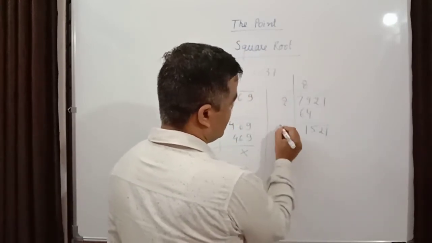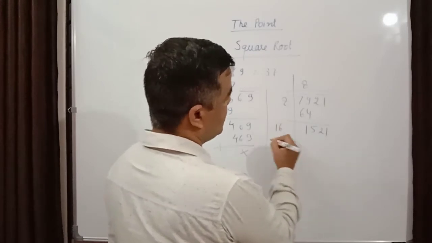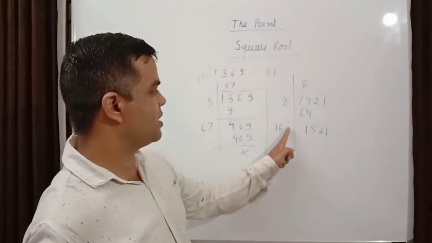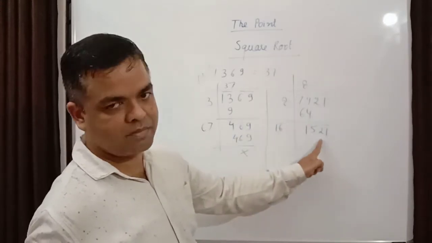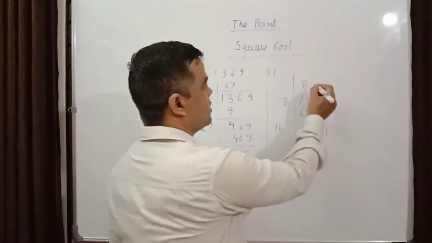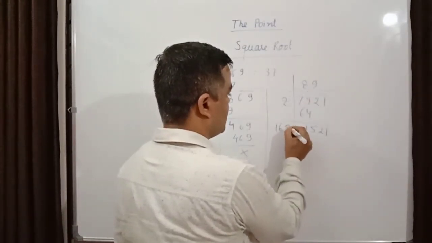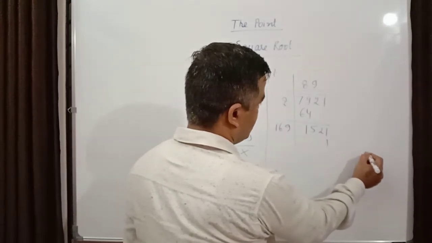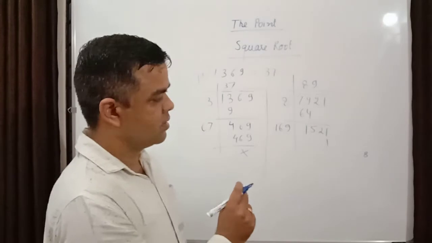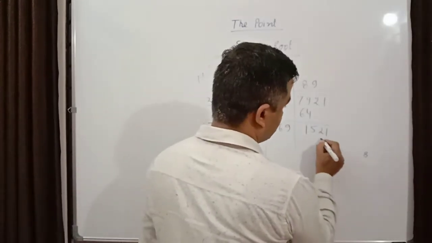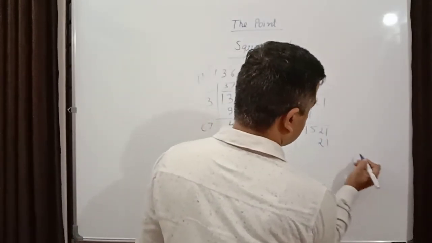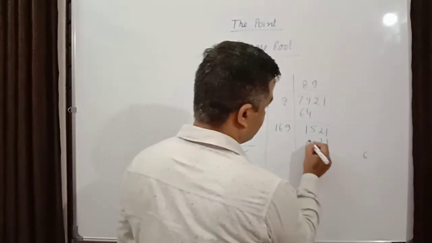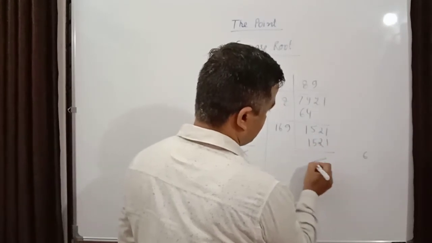Double of this, 8 2 ja 16. Then you can easily identify this: if you make here 1, then 1 into 1 will not come equal to this. So you have to take the 9. 89. 9 9 ja 81, carry 8. 9 6 ja 54, 54 plus 8 is 62. Carry 6. 9 1 ja 9 plus 6 is 15. So this complete will go.